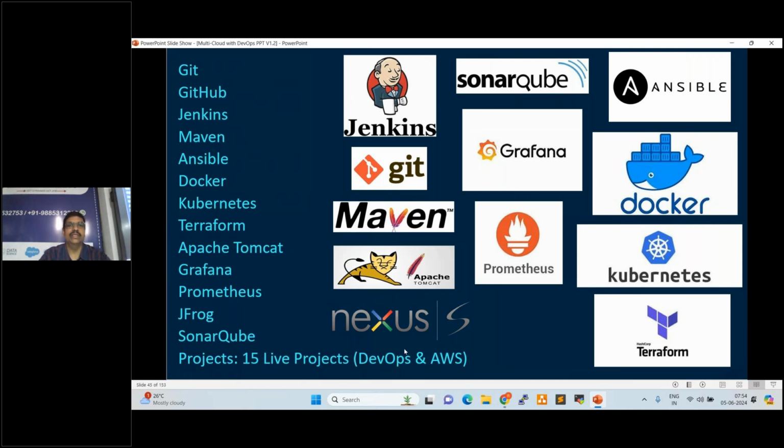Okay. So this many tools we are going to learn, but we don't use all the tools. Two or three tools only, maximum, per project team. So it varies from project to project. For example, in our project we are using Kubernetes and Jenkins. One of my friends is working with Wipro, and they're using Ansible only. One of my friends is working with Cognizant, and they're using Terraform and Jenkins. So like that, two or three tools. Every project team uses two or three tools only.